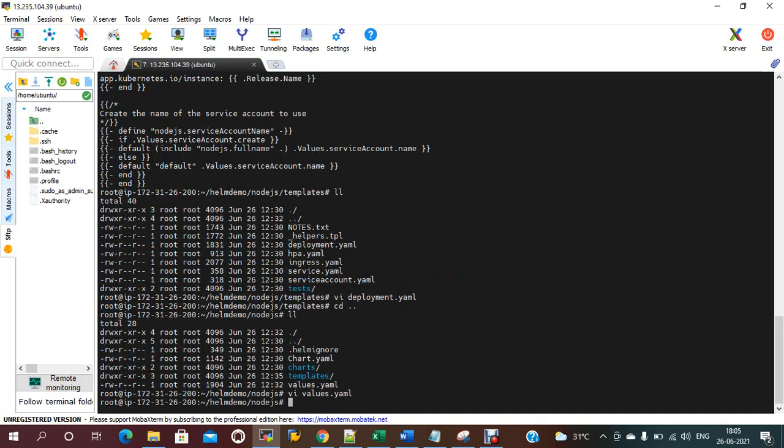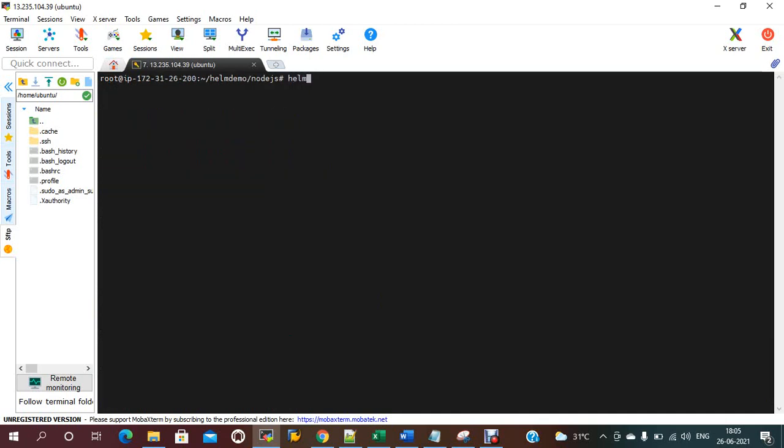Okay, now let me create a Helm deployment. Before that I can validate with helm lint nodejs. So one chart linted, zero failed.